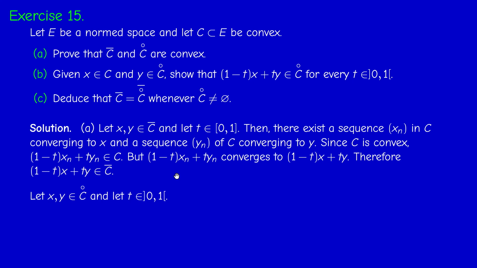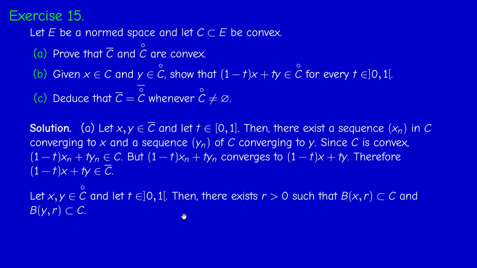For the interior, a little bit less trivial, but the same methodology. We take two elements x and y in the interior of C, and we pick an element t strictly between 0 and 1. Of course, it's enough to take t strictly between 0 and 1, because if t equals 0, then we get just x, the one endpoint, and if t equals 1, we get the other endpoint, and there's nothing to prove here. Now, since x is in the interior of C, then by definition of the interior of a set, which is the biggest open set contained in C,